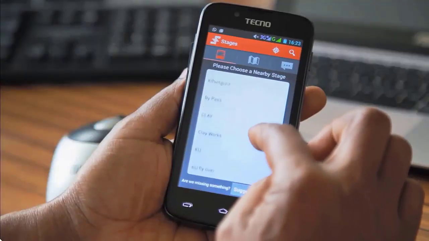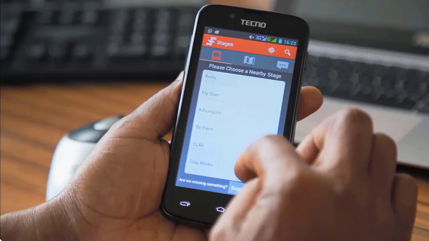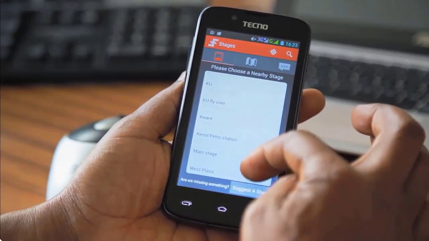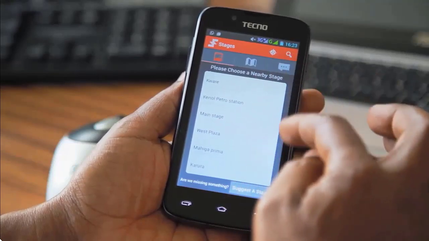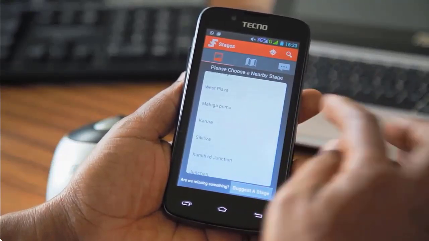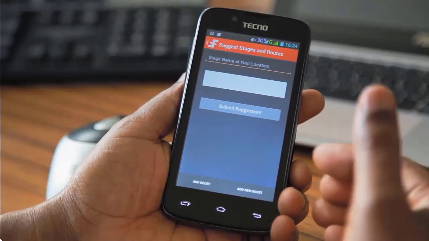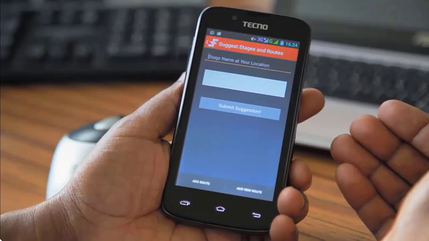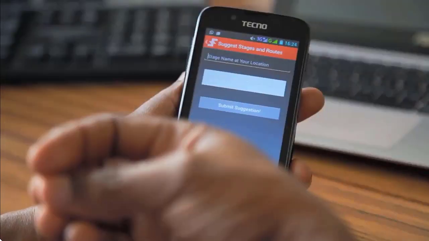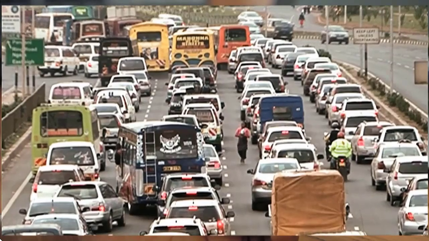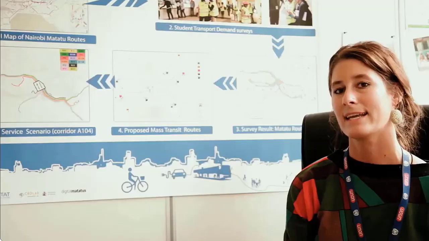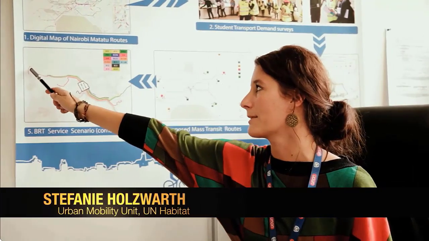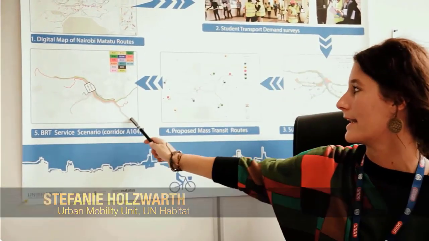As for example, depending on where I'm located, I can actually ask the system to tell me what's the nearest bus stop. And then basically what it does is that it checks the GTFS data, the data that we have for Nairobi, looks at my position and then suggests where the nearest stage is. Nairobi is planning the bus rapid transit corridor number 1, which is coming from Kangemi down to the airport, passing